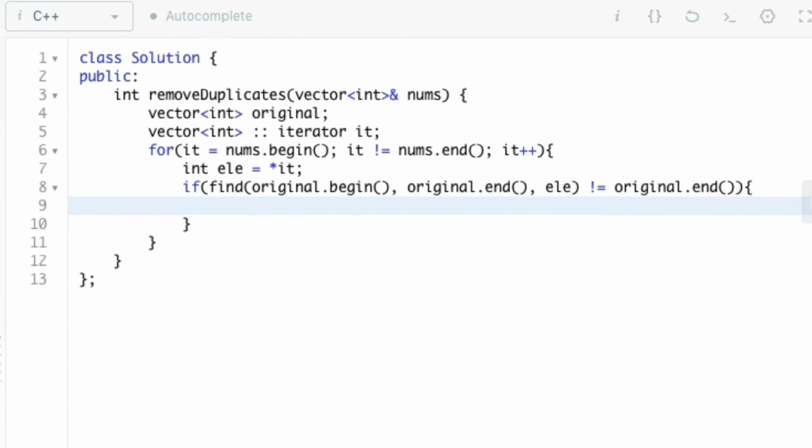To check whether the value ele is present in the original vector, we can use the find function from the STL library, which takes three arguments, namely vector.begin, vector.end, and the element which we need to search.